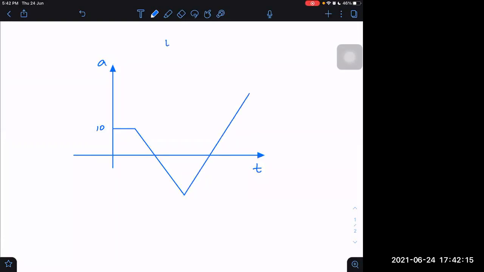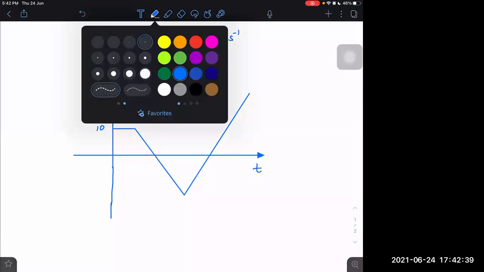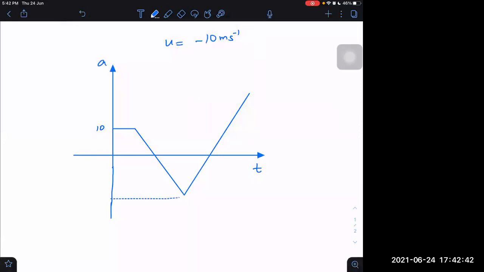The initial velocity is given as minus 10 meter per second. And the acceleration is 10 meter per second square in this place, but I have to give other accelerations also. This acceleration you assume to be minus 10, or maybe it looks a little lesser than that, so I'm taking more than that. I'm taking minus 15.